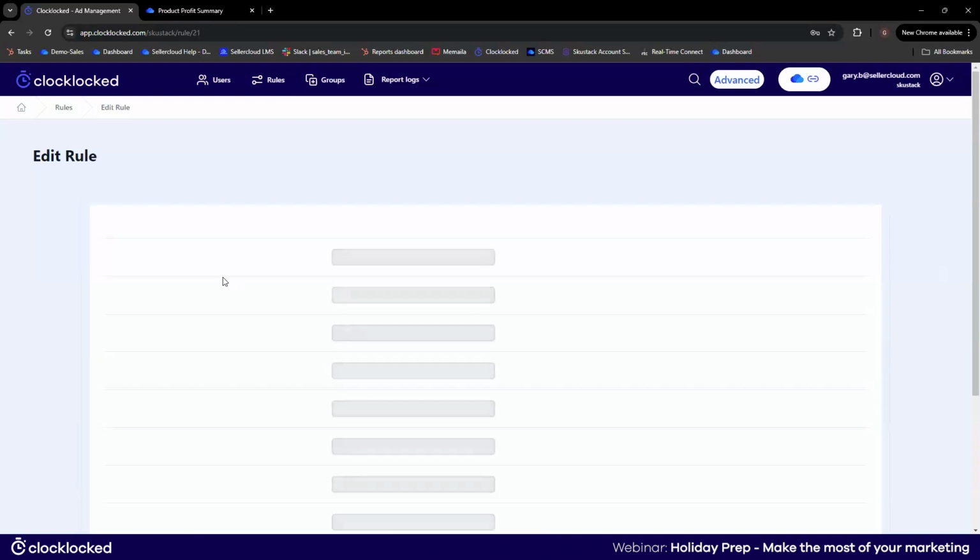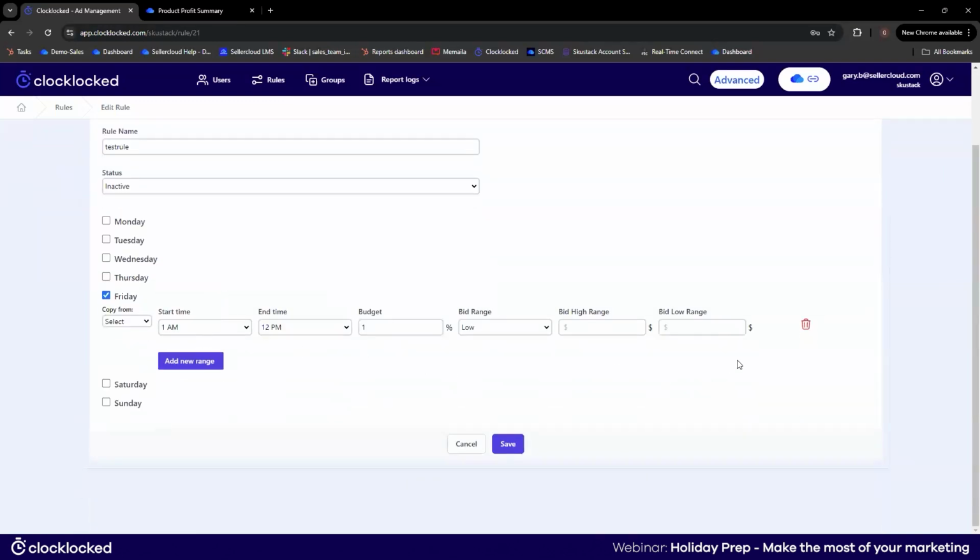You're going to be able to set up different percentages of what you want on each of these individual time periods for how much budget you want to spend, the different bid ranges you would like to have this in, depending on, say, the different type of campaign types that you're going to be choosing, the placement multipliers, whether you're doing them yourself or you're having Amazon manage them for you. And then from here, it's turning on and off that budget